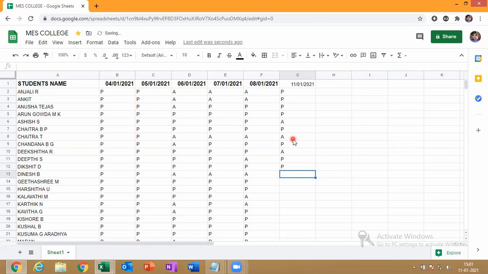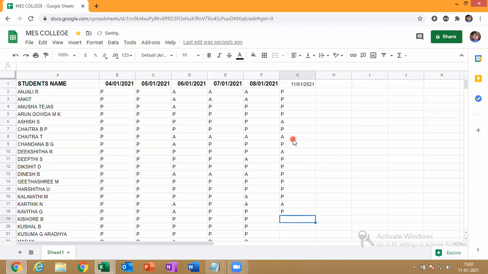Dinesh B, present, sir. Geeta Sri M, present, sir. Arshita U, present, sir. Kalavati M, present, sir. Karthik N. Kavita G, present, sir.